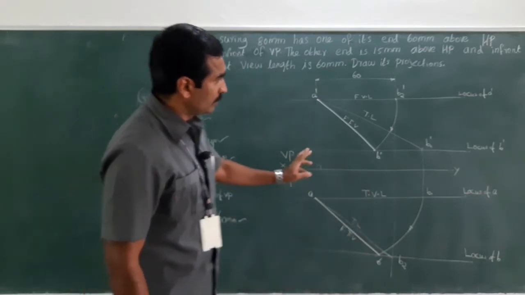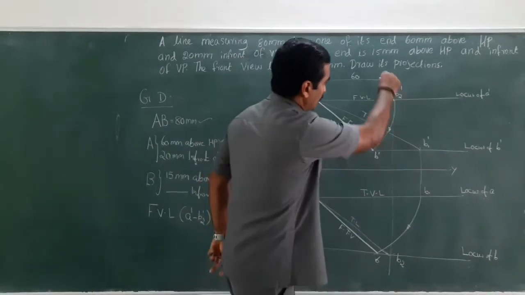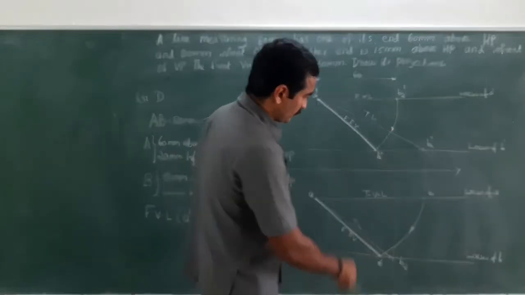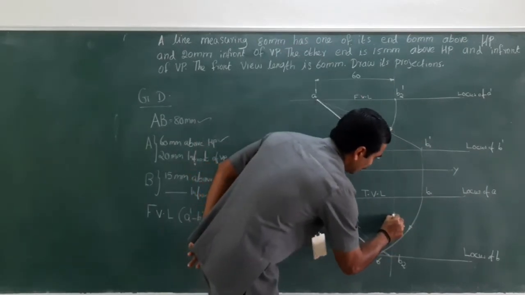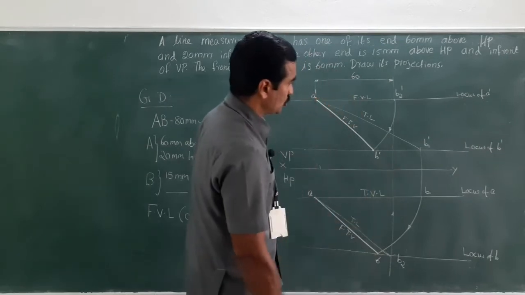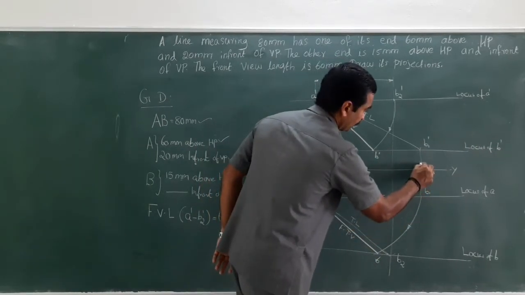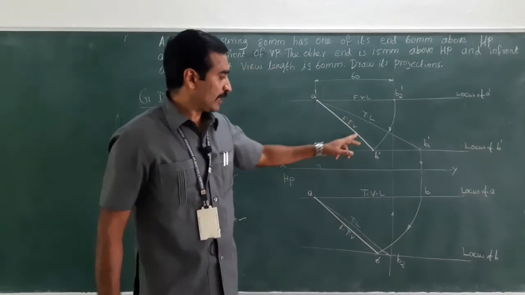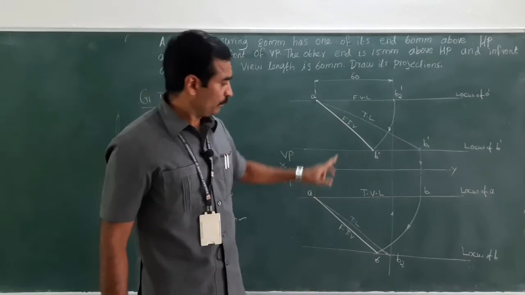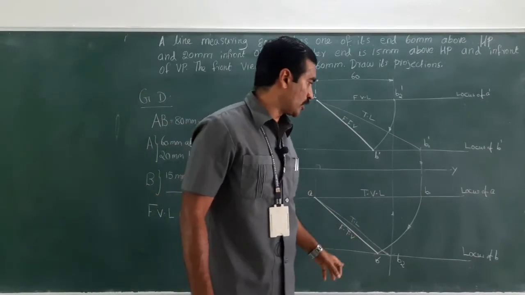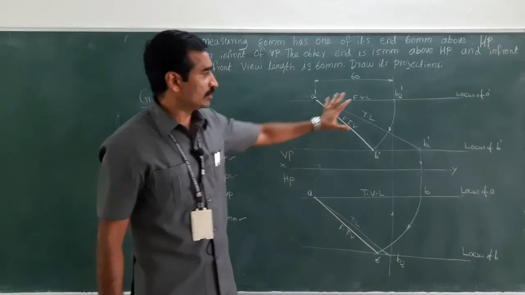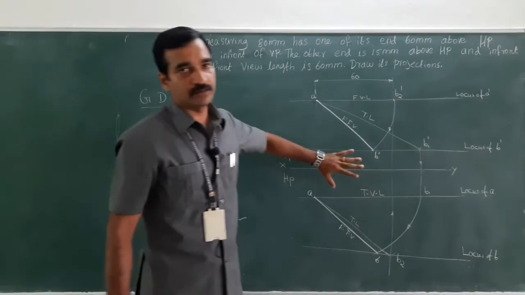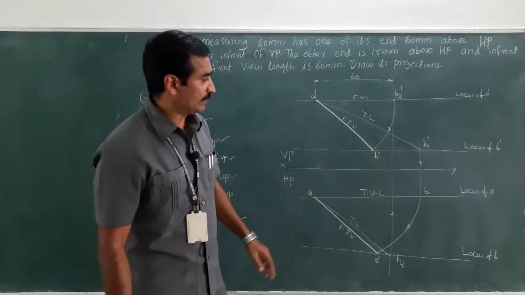And draw the flow, from where to where it is going. So the flow needs to be mentioned here. Right. So only two things should be drawn as the object line. What are they? The final front view and final top view should be drawn as dark lines. Rest everything should be drawn with 2H. Those are the construction lines.